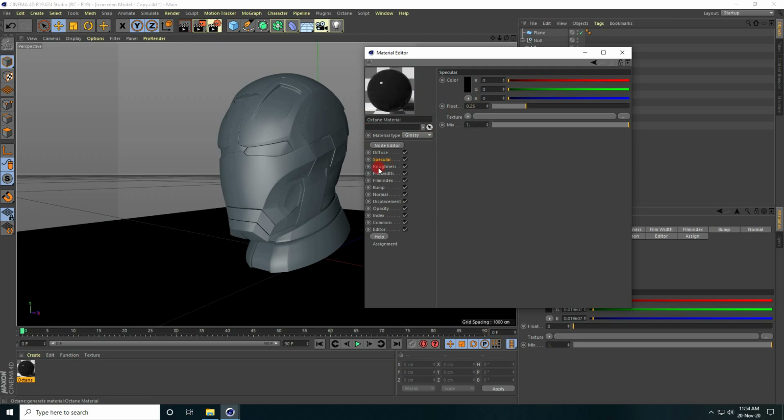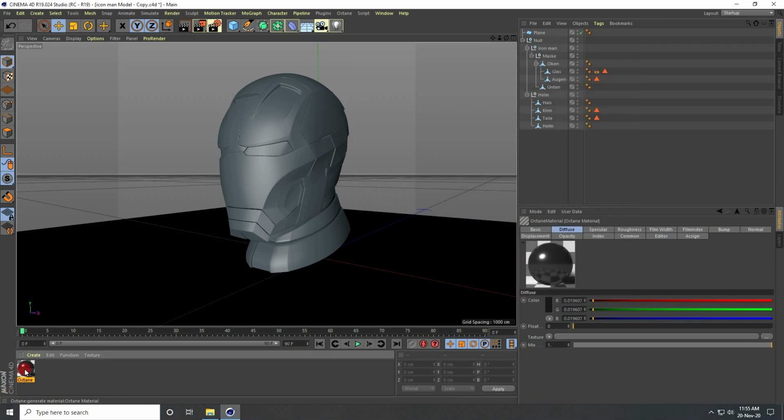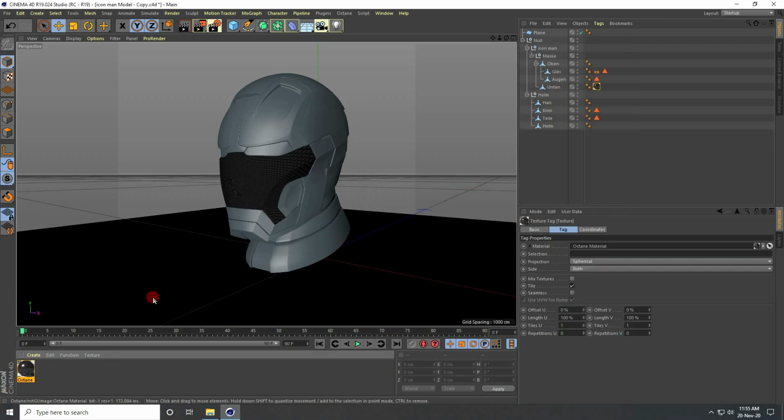And I go to roughness and decrease a little bit, like this, and for float take 0.09. Okay, so go to index, this one, and increase index to like 4. Right guys, a little bit more, like 4.2. Yes, better. See guys, that's my base material, so apply on here.